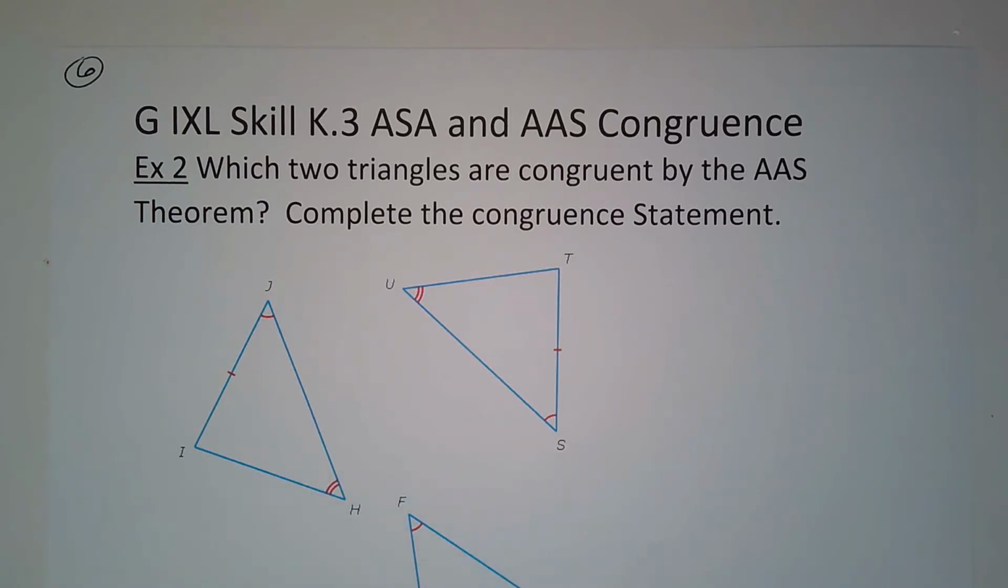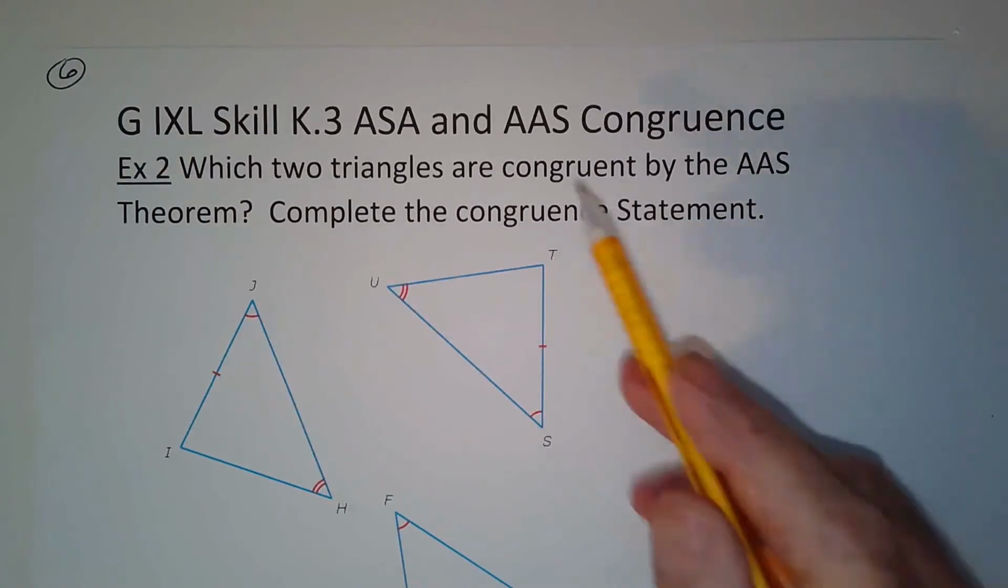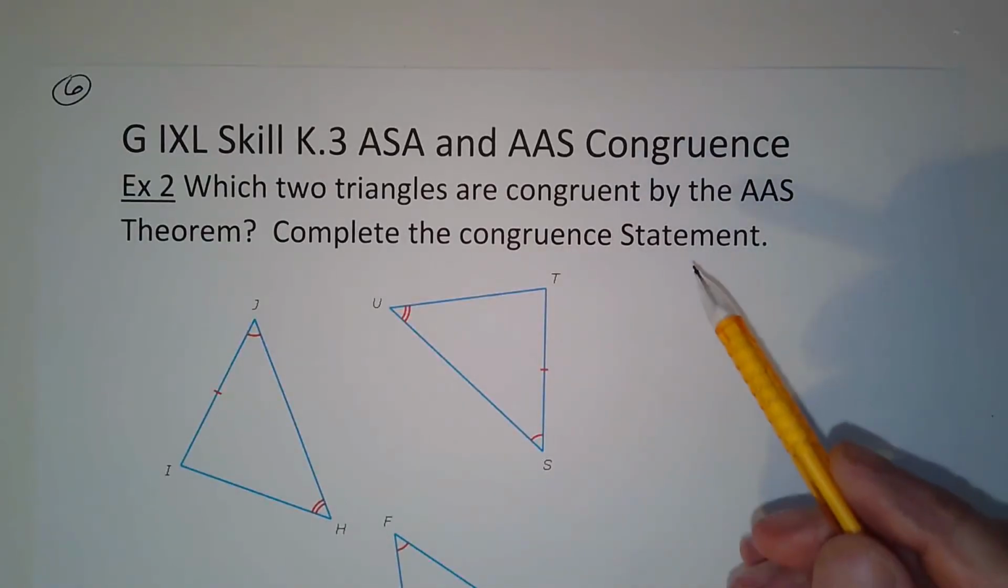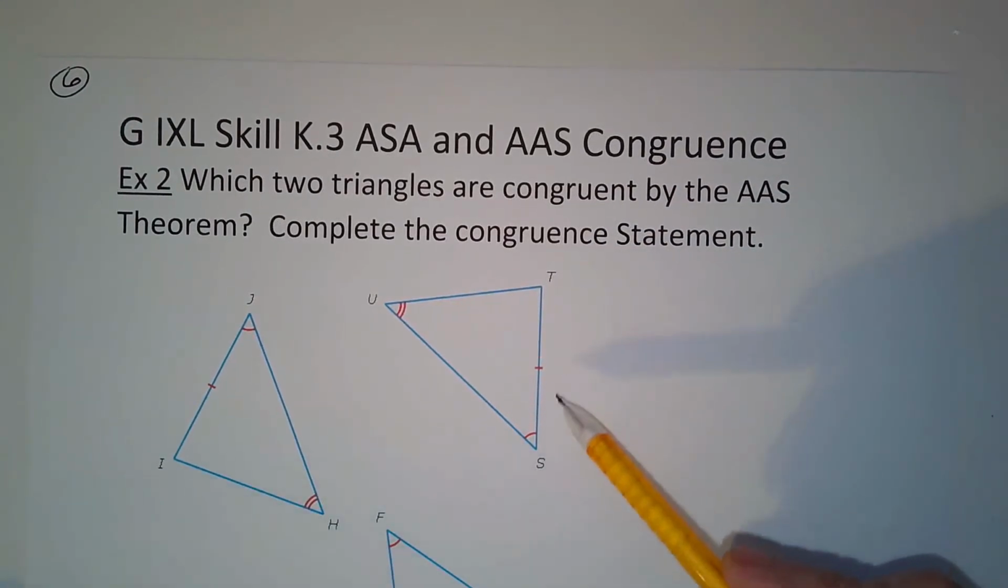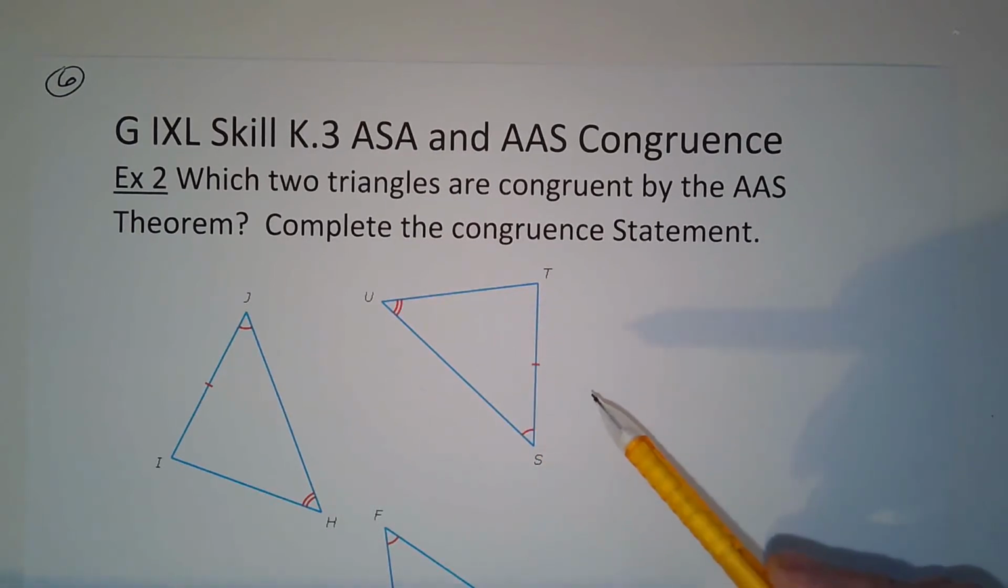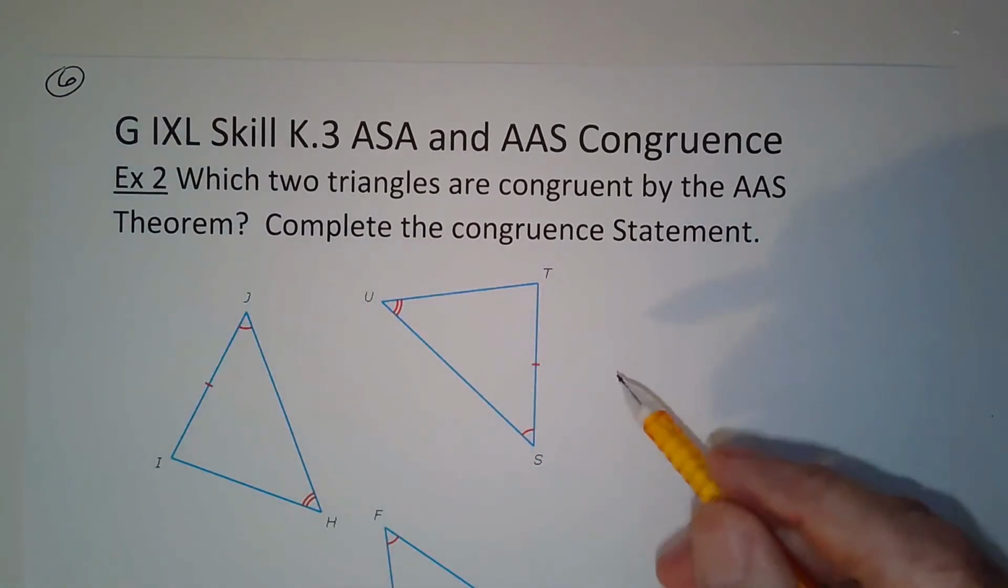Okay, so the angle-angle-side theorem states that two triangles are congruent if and only if, I'm sorry, I meant to say the angle-angle-side. The angle-angle-side theorem states that two triangles are congruent if and only if two consecutive angles and a side attached to one or the other of those angles are also congruent. So if we look at these three here